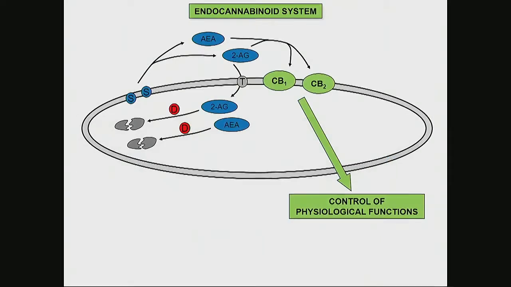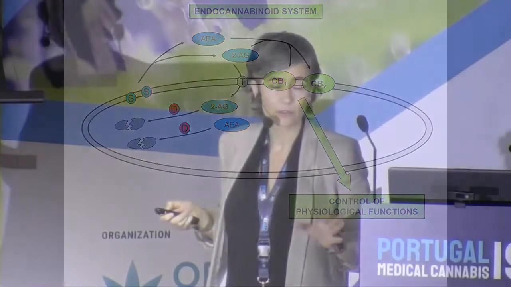So together, all these things that I have just introduced to you, the cannabinoid receptors, the endocannabinoids, and the machinery that produces and degrades the endocannabinoids, are what we call the endocannabinoid system. And what is the function of this system? Why do we have an endocannabinoid system? Well, this system is controlling a lot of physiological functions, basically all of the functions that you know. It's controlling motor coordination, appetite, memory, and a long list of different things.